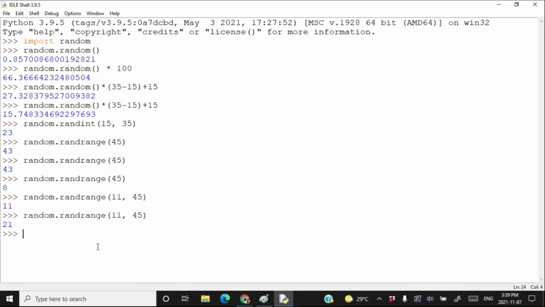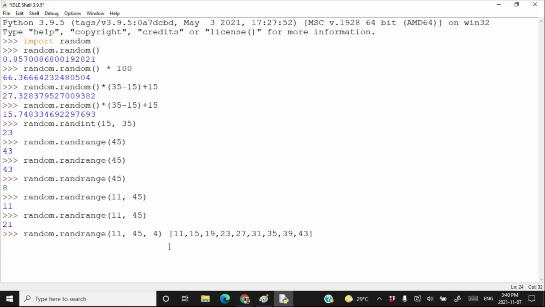If you want to generate a random number from a range like this, where you start from 11, go up to 45 with a step count of 4, then actually you want to generate a random number out of this list: starting from 11, then 15, then 19, then 23, then 27, then 31, then 35, then 39, then 43. So you are going to pick a random number between these numbers.